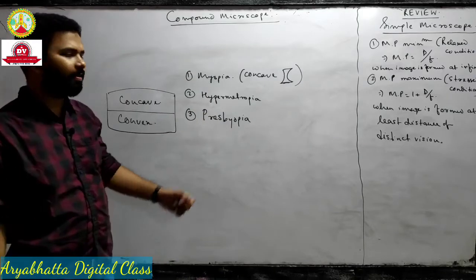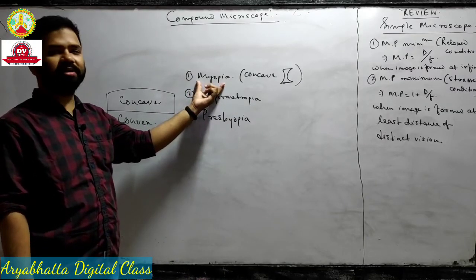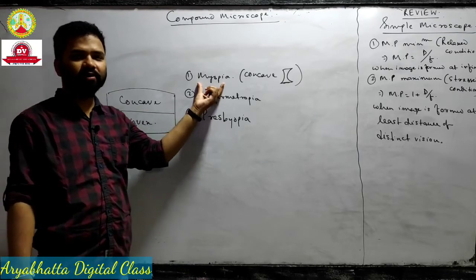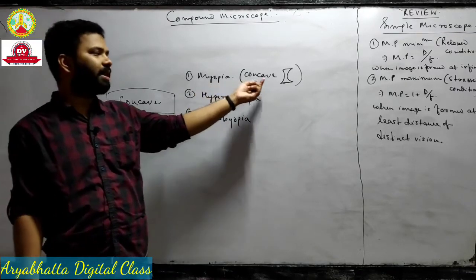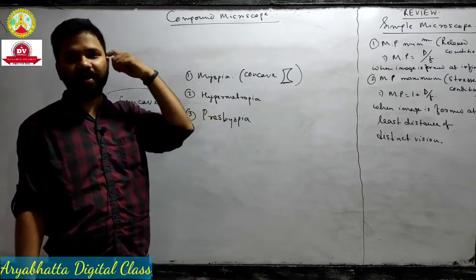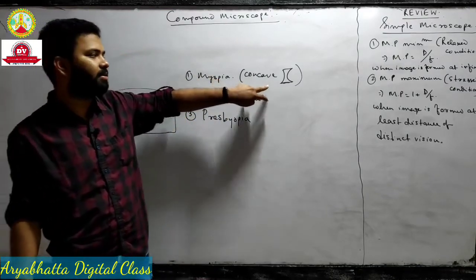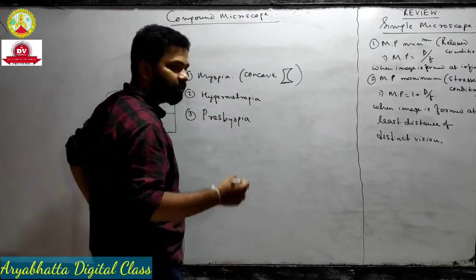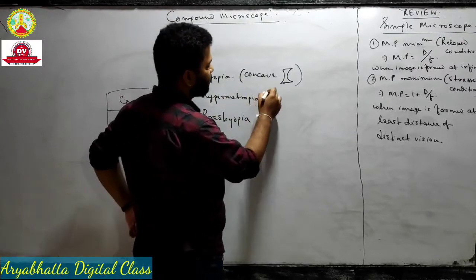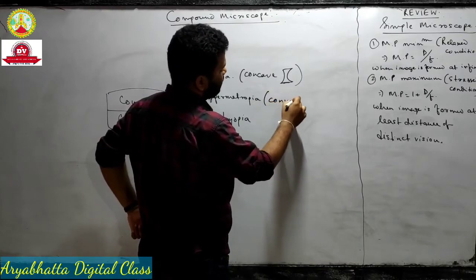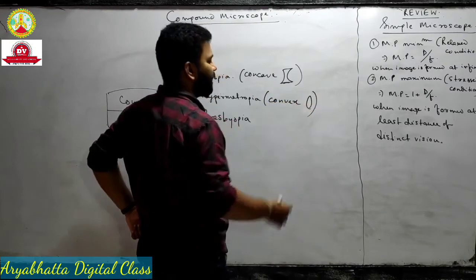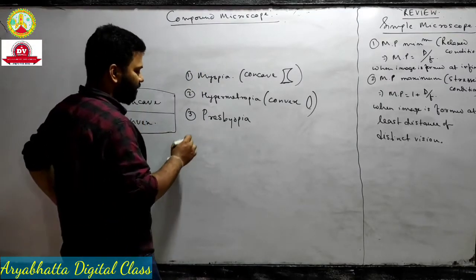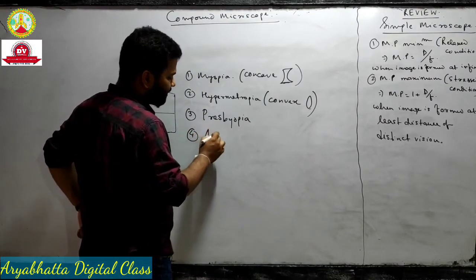Normally at a young age the person suffers from myopia, that is why the power is what? Negative. Those students who are suffering from myopia, their power is negative, -2, -1.5 like this. Why? Because they are using a concave lens. Hypermetropia occurs at an older age, and a convex lens is used, so their power is positive. Presbyopia is suffering from both, and the 4th one is astigmatism.